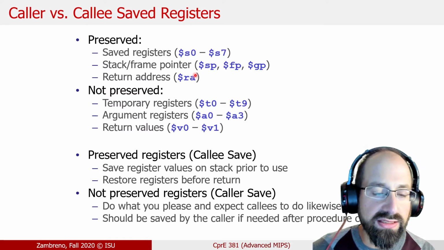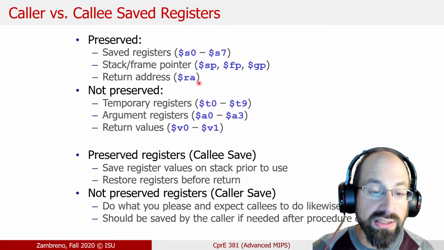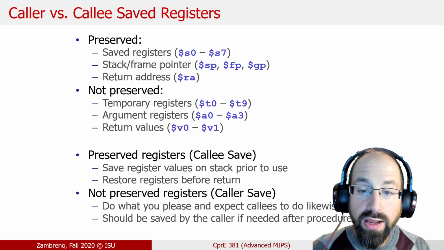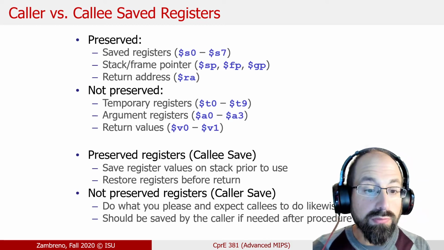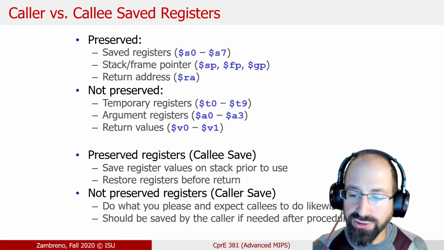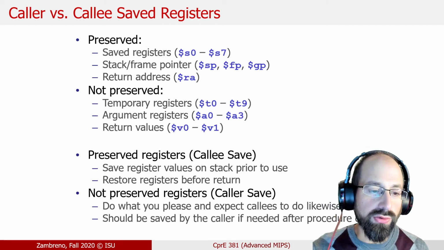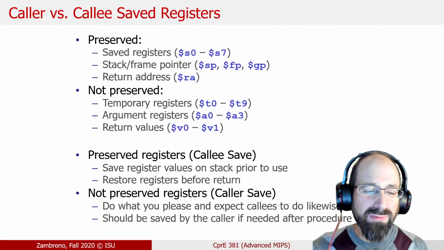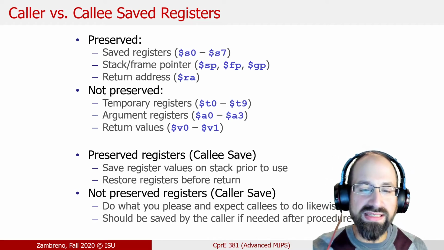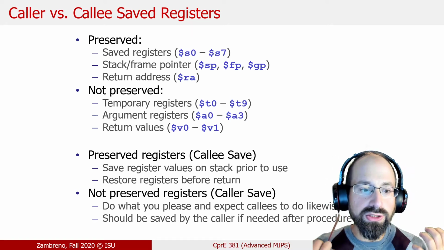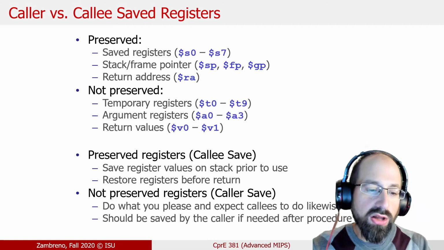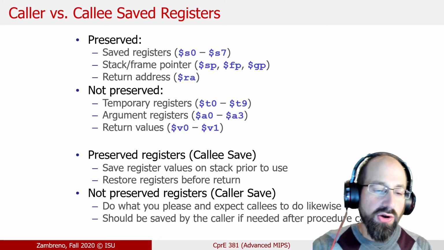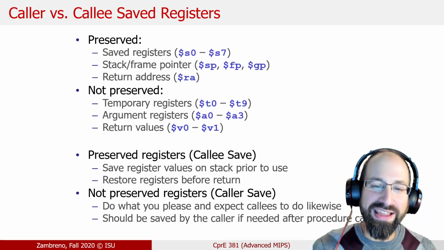And some of those we already said had to be preserved. So the return address was the first example of a register that had to be preserved. And then those S registers are also those values that would then have to be preserved. Be a little careful with that term, saved versus not saved. All those registers can potentially be saved. All the ABI is getting to is whose responsibility is it to do the saving if we want to save